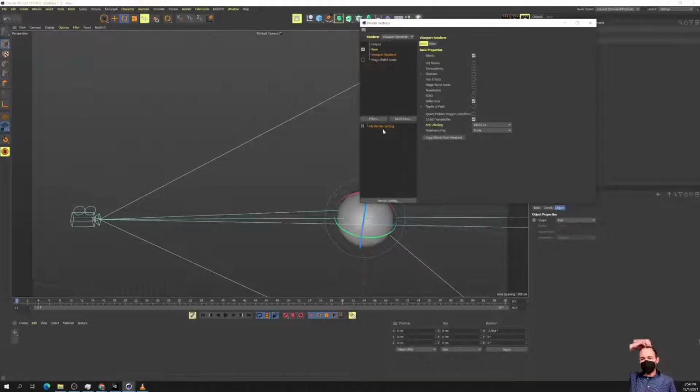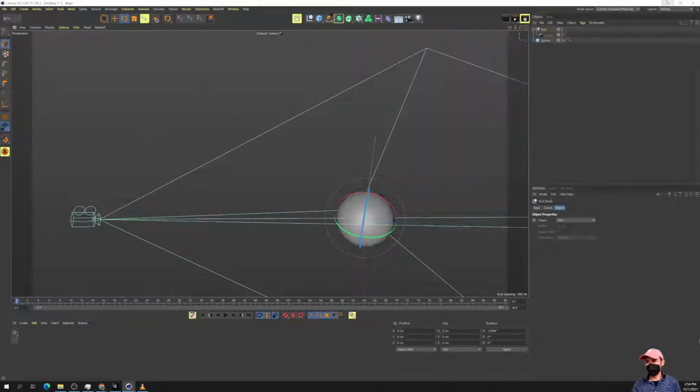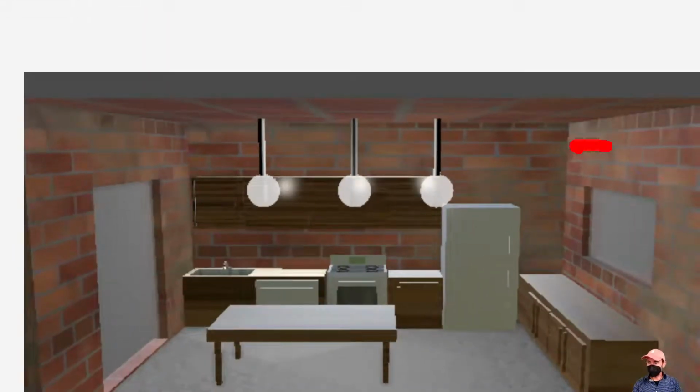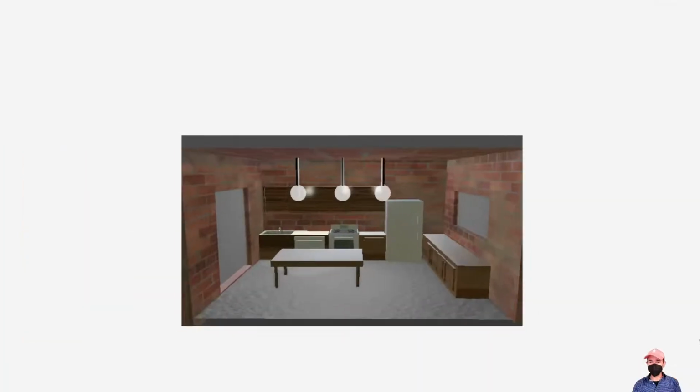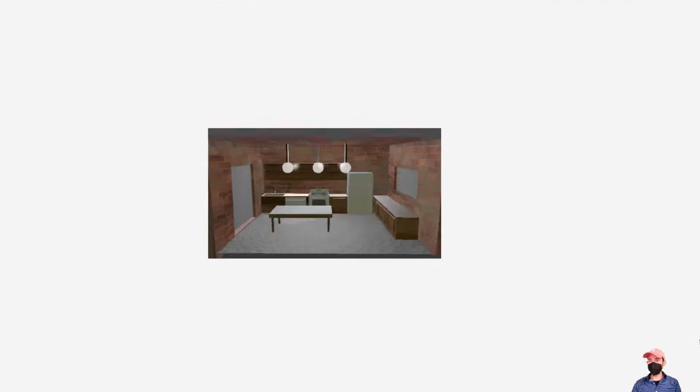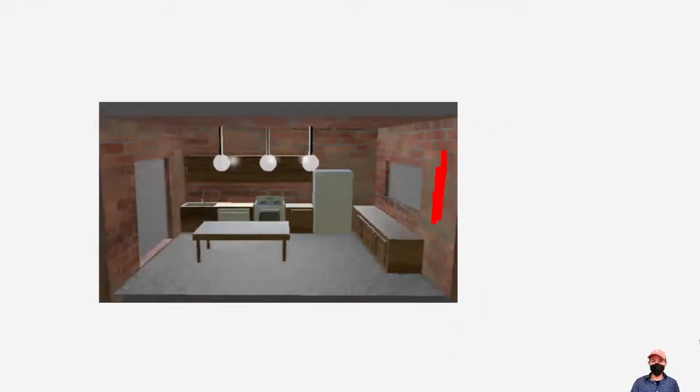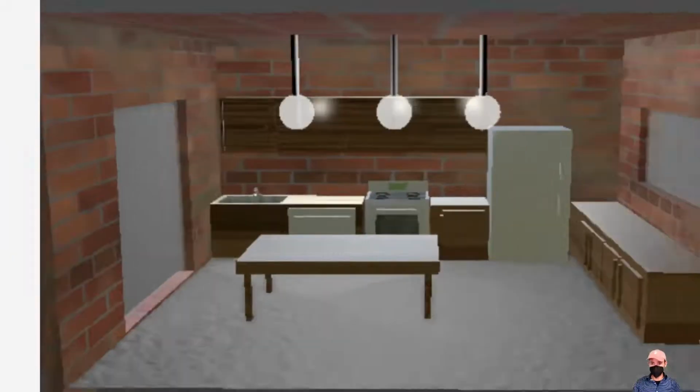Because you definitely need some shadowing, and let's look at the lights there. The lights should help the metal look more metallic. The only other thing that strikes me here is the bricks are way too big. And on your brick, you also don't want bricks on the ceiling. Just make the ceiling white or something. The tiling setting on the wall, you want to turn that up so that the bricks look more